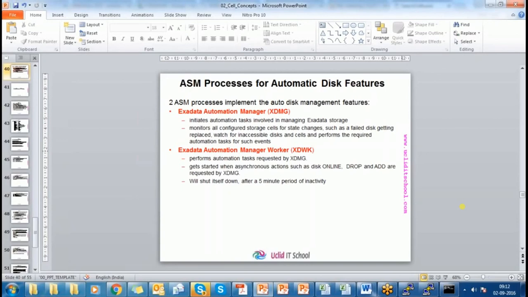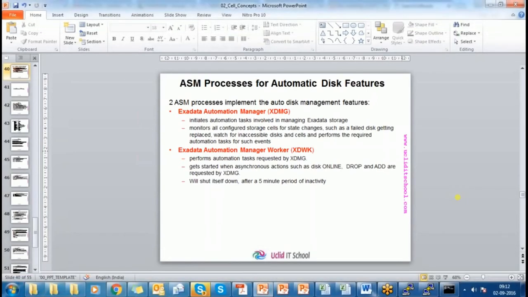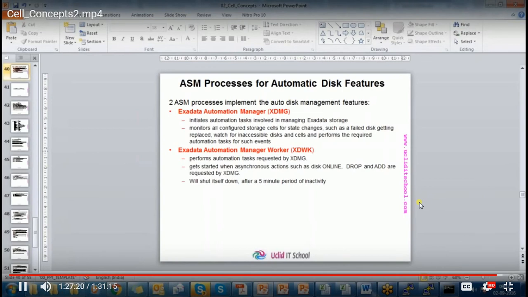Or you can use flash storage to create ASM disk groups and to store data. Or you can use it for both purposes. Some flash can be used to create ASM disk groups, and the remaining flash can be used to implement flash cache and flash log.